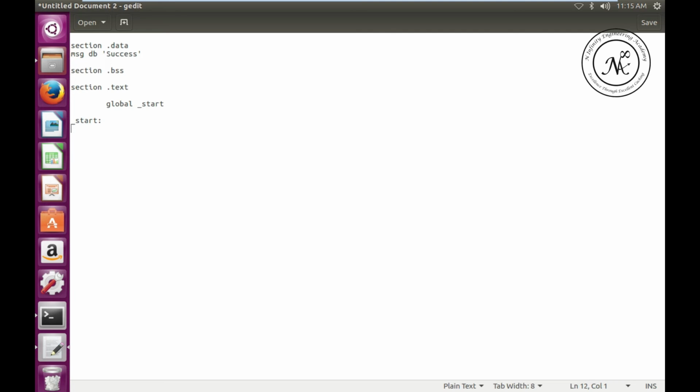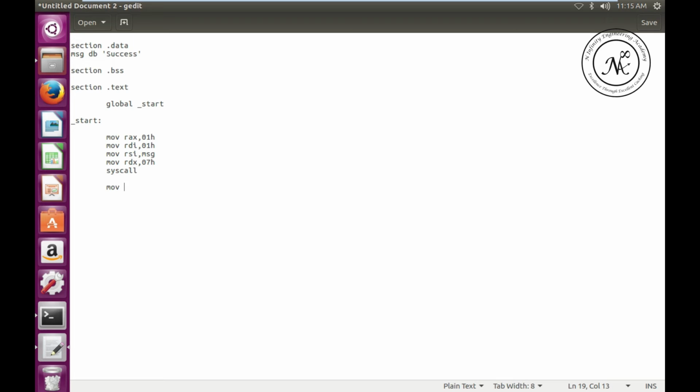Here inside the section .text, I'll be writing the code: mov rax, 01h, mov rdi, 01h, mov rsi, message, mov rdx, 07h, and syscall.